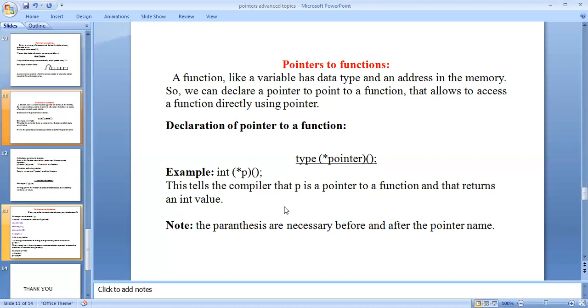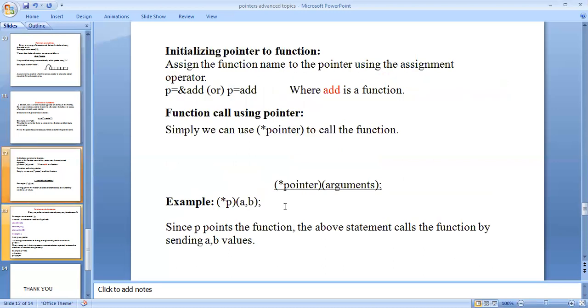Note that the parentheses are necessary before and after the pointer name. Next, initializing the pointer to functions. When assigning a function name to the pointer, we use the assignment operator.